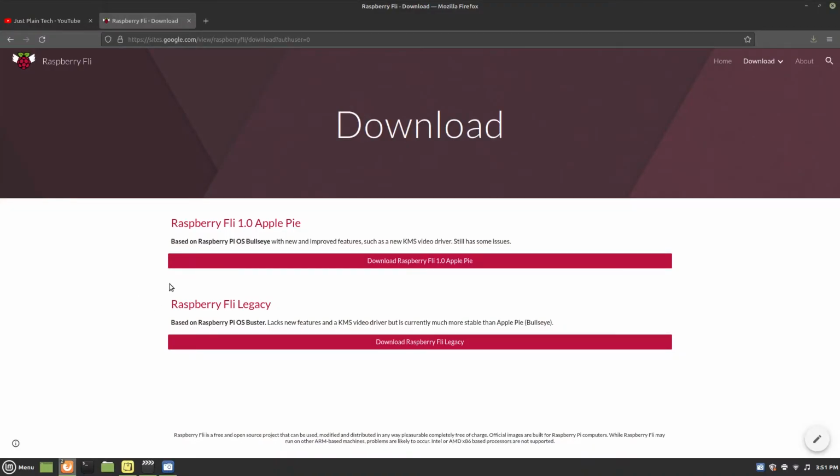But also the Pixel desktop environment, which is the desktop environment Raspberry Pi OS comes with, while it's very optimized and designed specifically for the Raspberry Pi, it doesn't fit everybody. People who don't want to use Pixel have often had a hard time getting something else to run optimally on their Raspberry Pi. Until now, I have created a Linux distribution called Raspberry Fli, F-L-I,